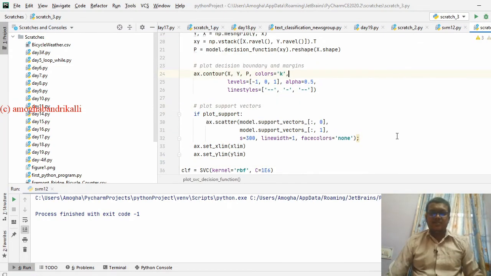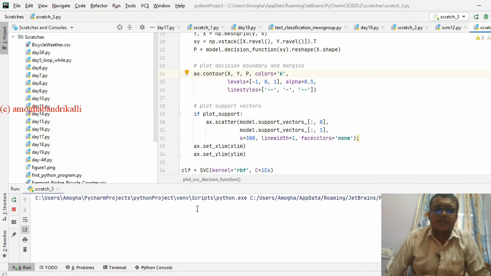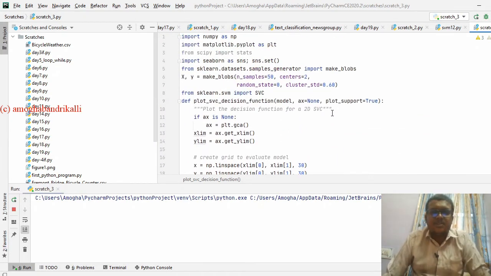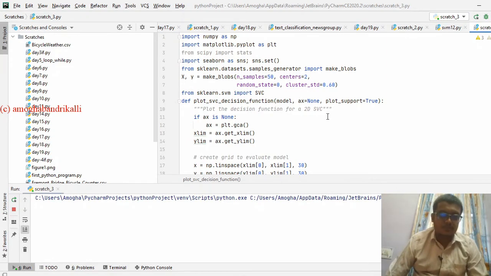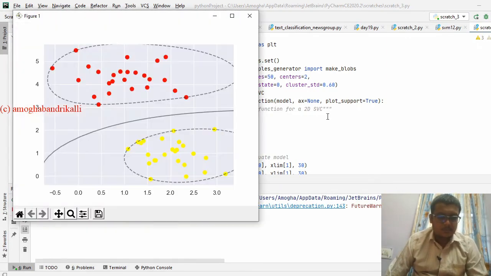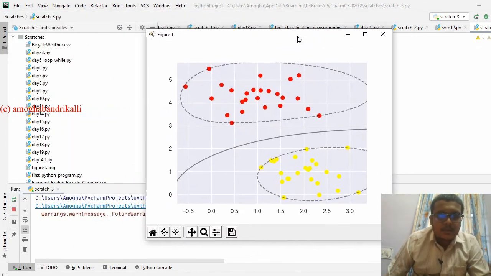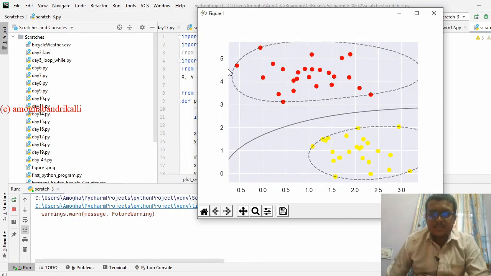Okay, we can execute this. Now the time consumption will be less. The system got heated up, that's why it was taking so much time. Now you can see the data has been separated by a single line, linearly separable data.